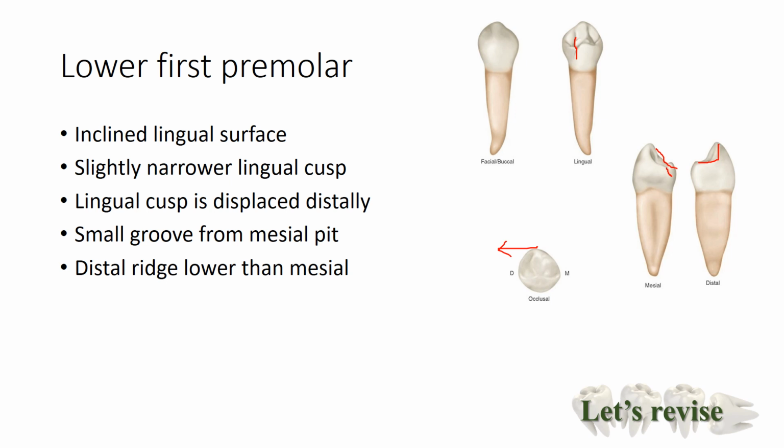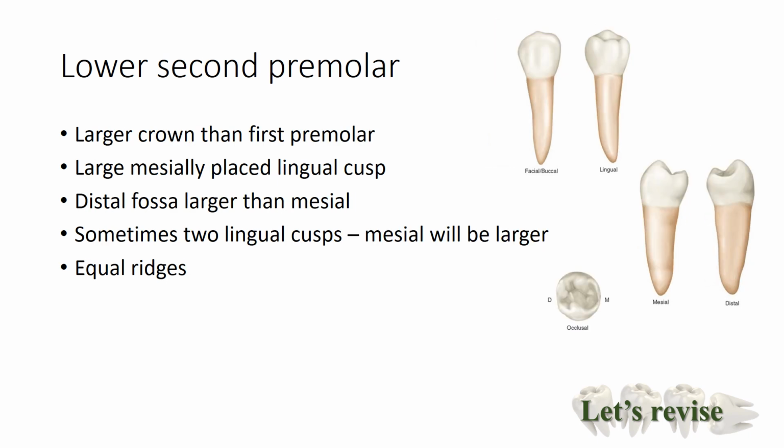So you can look at the ridges and you can look for this small groove in the mesial pit, and also that your lingual cusp is going to be displaced distally. That's what you're looking for with your lower second premolar,